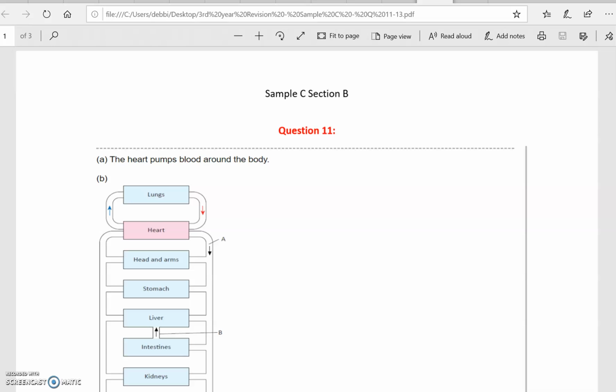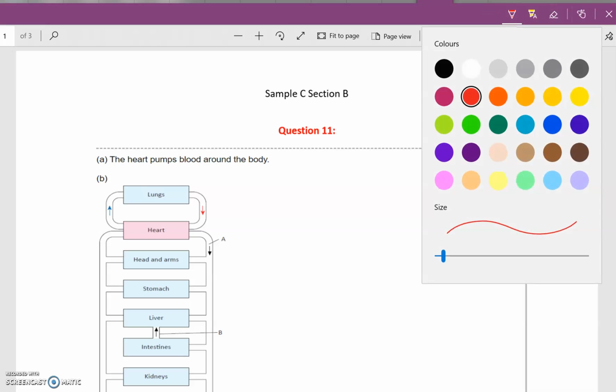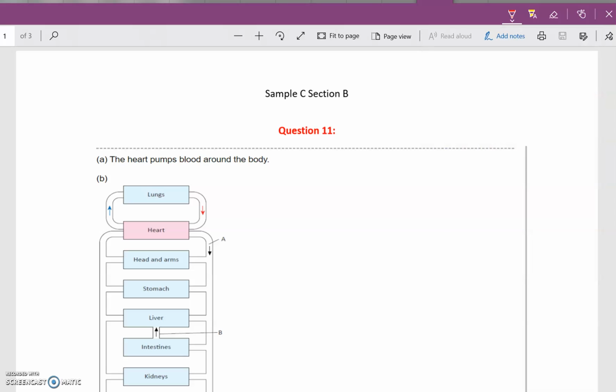So question 11, first question: the organ used to pump blood around the body. The answer here is the heart. So the heart pumps the blood around the body. Then it says